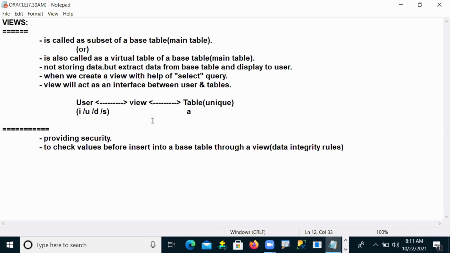The view gets that error and tells the user this data is not allowed into the base table, so please check your data once again.